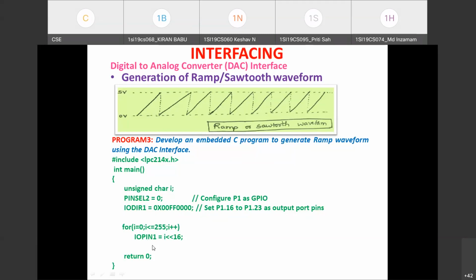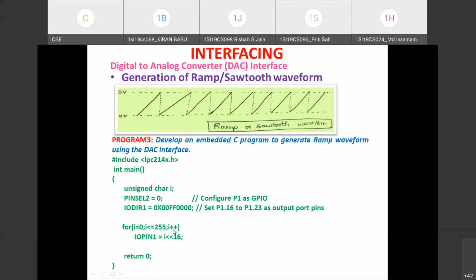Okay. So next i gets incremented to 1, less than or equal to 255. Control enters the for loop and it sends out that digital value. The corresponding analog voltage you can see on the CRO. So like this, each time we are sending out a digital value and the corresponding analog voltage will be generated, and that waveform we are going to see in the CRO. Once i takes the value 255, the maximum voltage, we are going to send out that value through the port 1 pins. After that,